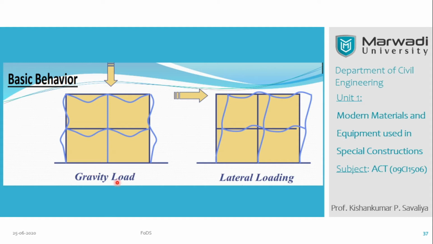Normally in case of gravity load, the structure will collapse in this manner. You can see here the deflections are there, the columns are buckling over here, and the structure falls like this, in the downward, vertical direction. While in case of lateral loading, we are applying the force in the horizontal plane to the building, so it will behave like this. Here you can see that it is called a sway movement. Normally you have learned this in the structural analysis subject. So this is the basic behavior of the structure in our building.